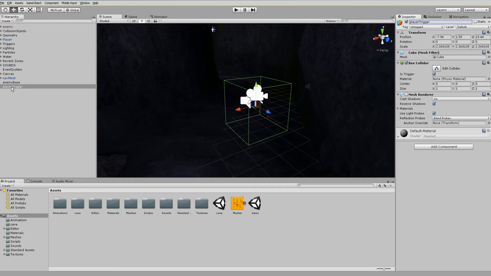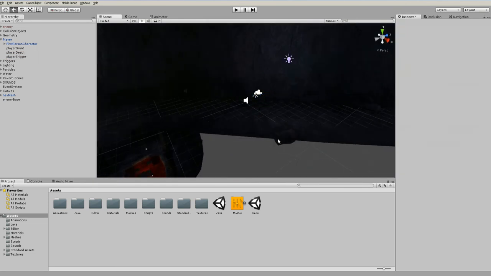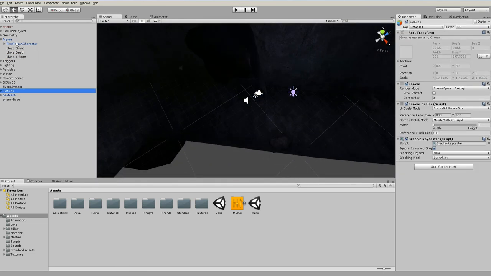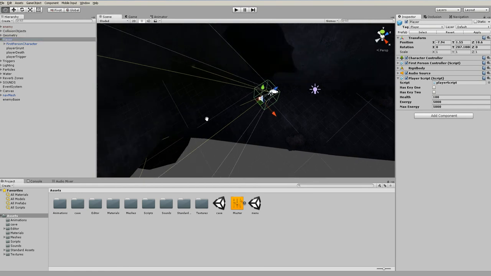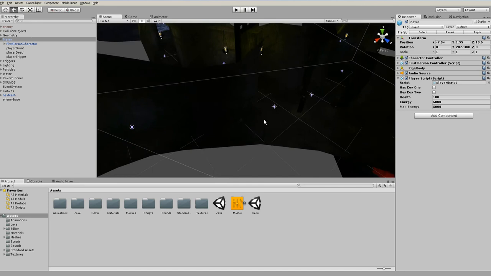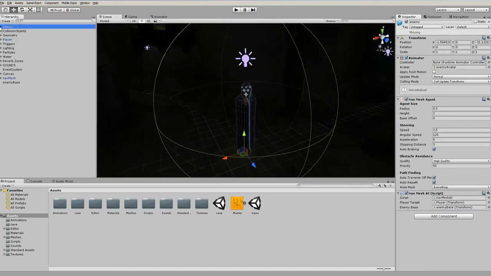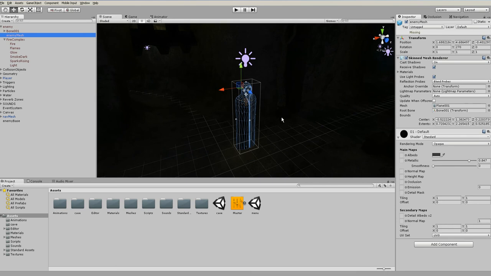And I'm gonna drag it on my player. There you go. It's actually set up correctly, I think so. Yep, there it is. But the enemy also needs a trigger object. Right now it doesn't have anything. There's no object in there that can actually collide, well, except for the actual mesh, but it's turned off. It doesn't have any collision in there, so we need to add something that will actually collide with our